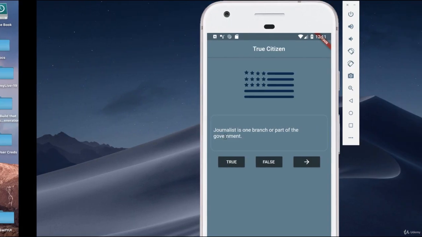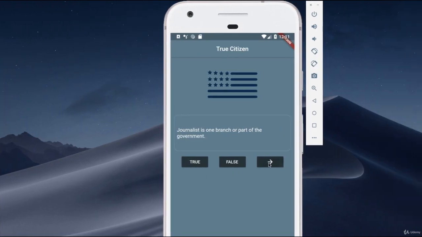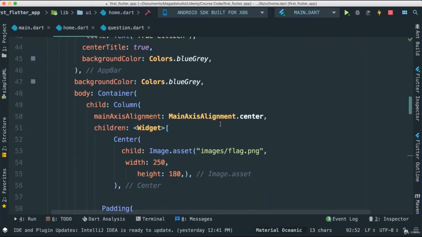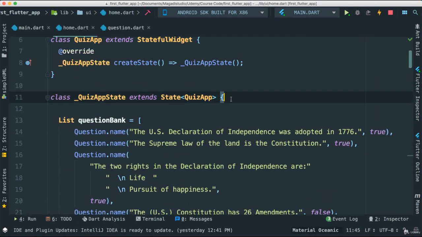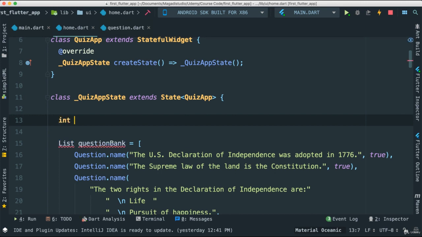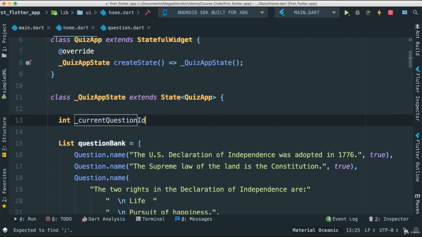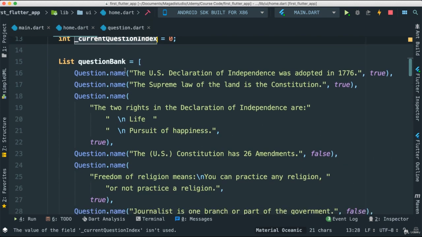First of all, let's make it so that we're able to iterate through the questions when we click on next, so we can actually see the iteration happening to go to the next question. To do that very simply, we are going to add a variable at the top here, int, and this is going to be private. I'm going to call this current question index and give it 0. This is going to control the index for each question that we have inside of our question bank,